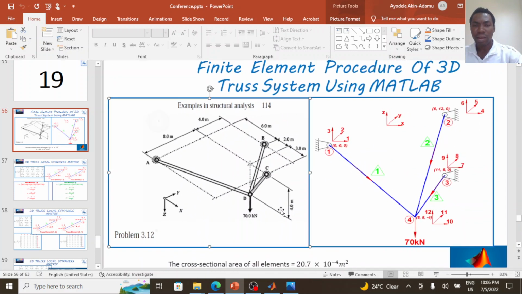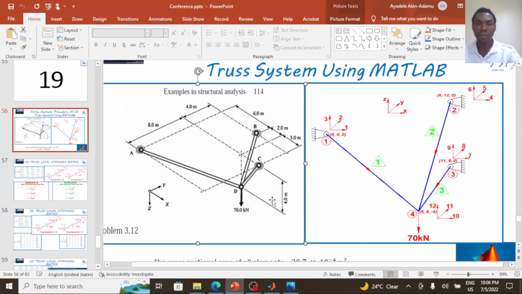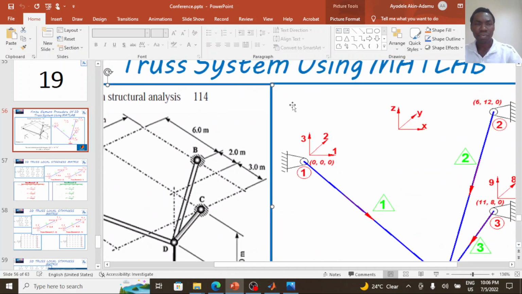in this lesson. And to solve a problem like this, the first thing you need to do is define the finite element model for this problem. What we need to do first is number our elements, number our nodes, and also number our degrees of freedom. For a 3D truss system, unlike the 2D truss system, each node has 3 degrees of freedom. As you can see here,